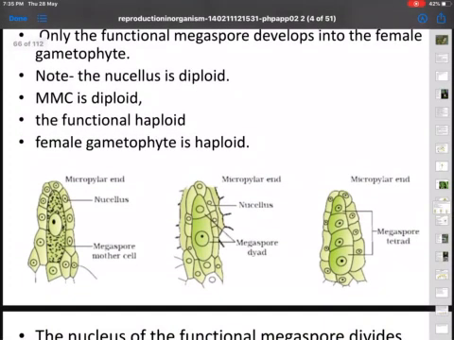As you are seeing in these pictures, centrally you have one megaspore mother cell, and the megaspore mother cell is dividing, forming 2 cells, the megaspore dyad, and the nucellus is surrounding it, which provides nutrition to the growing megaspore mother cells. All this is happening at the micropylar end, and the 2 megaspore dyad cells further divide and form the megaspore tetrad. So the megaspore tetrad means 4 cells. Out of the 4, 3 will degenerate, 1 becomes functional.